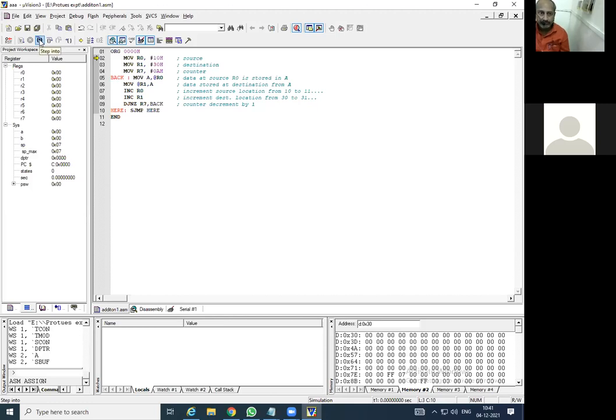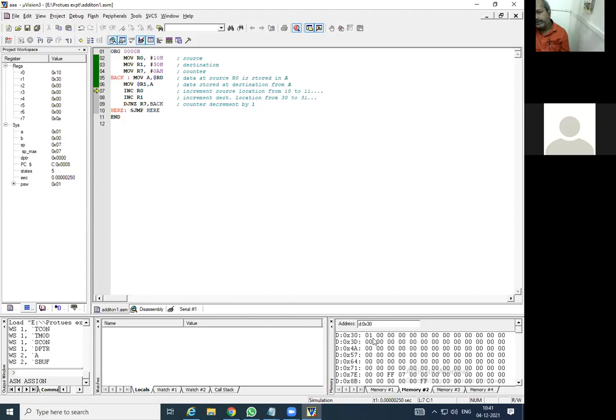You can click one by one and see this yellow cursor move to the next instruction. Here R0 has received 10, R1 has received 30, highlighted, you can observe. After that, R7 has received 0A, which is the counter. Then the accumulator receives the first data, 01, because we gave 01 as the first roll number at the source, and then it goes to the next instruction.